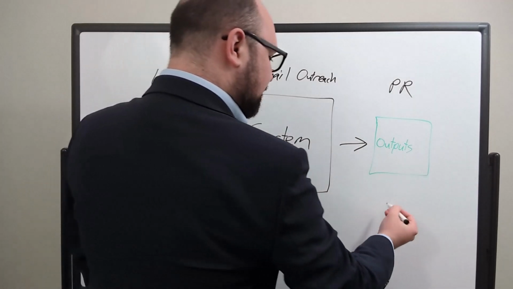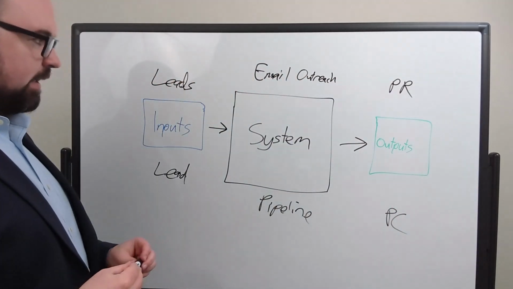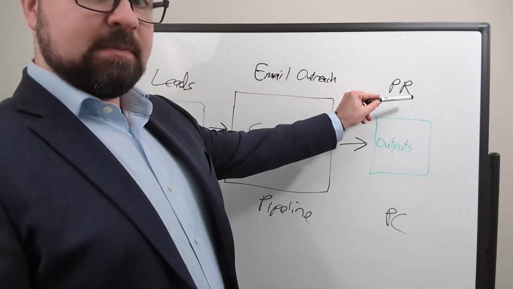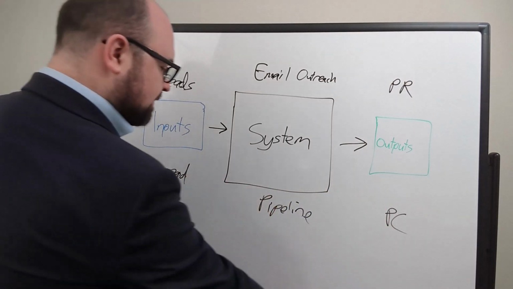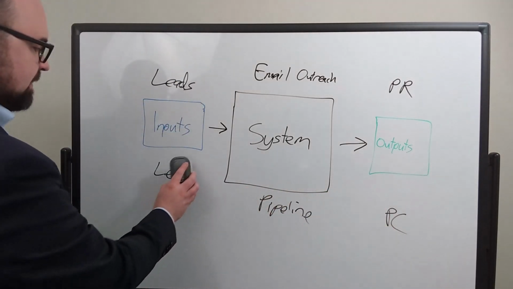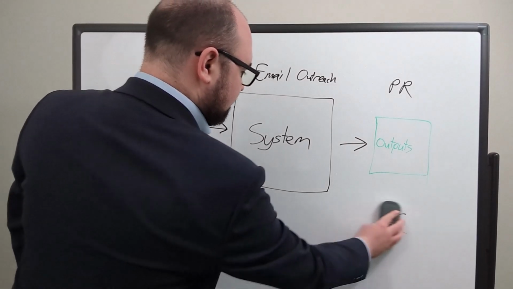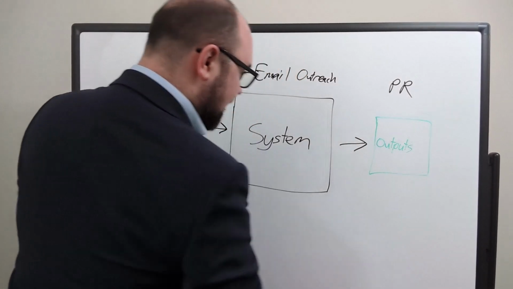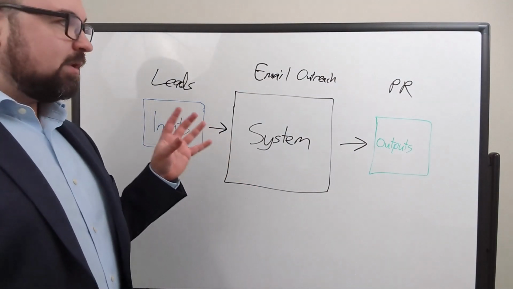And the output then hopefully would be that they are a paying client, or paying customer, whatever you call it. So again, they go through this particular system, and then they have to go through this particular system. But the point I'm trying to make here is that everything is going to be a system. Now I'll just take these things off so we can have a bit of a cleaner board here. But again, this goes for literally anything at all. And the more that you realize this, the more that you're able to,